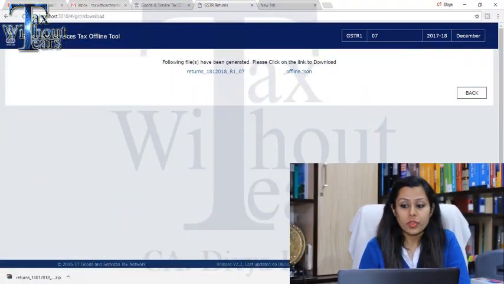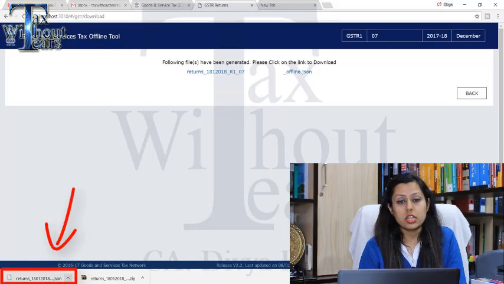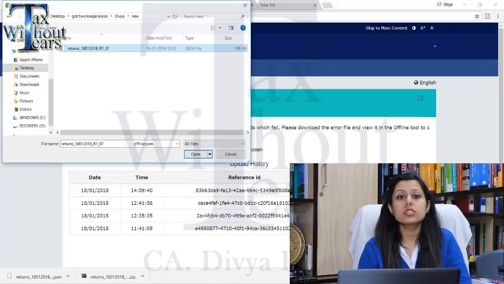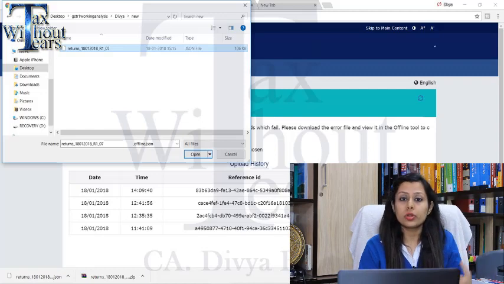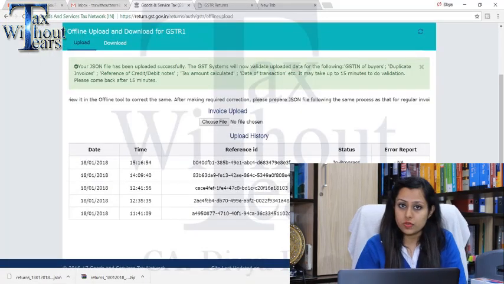But in my case, I have deleted 425 invoices and I have kept only 4 invoices with U status and the remaining are under deleted status. Once I have done this and checked it in my summary, I will generate the file. Once I have generated the file, again a JSON file will be created. Now when I upload this JSON file once again on the portal, then the original data is overwritten by my new JSON file.